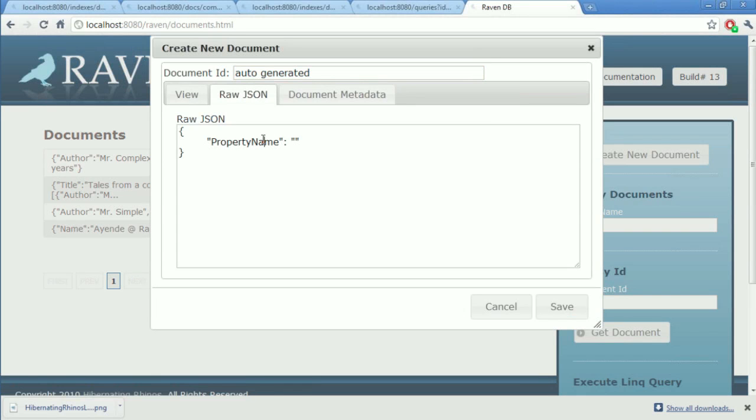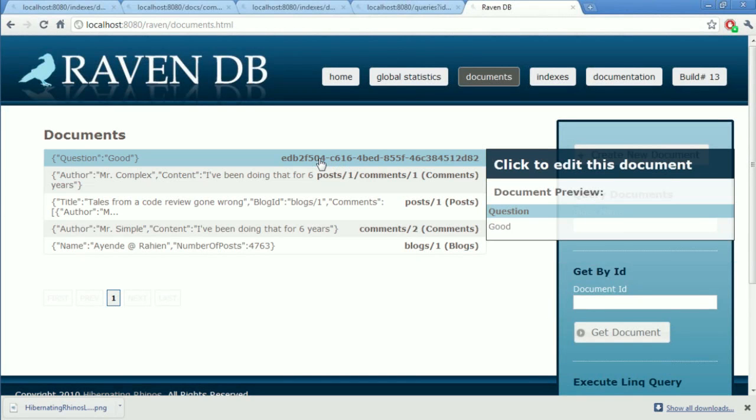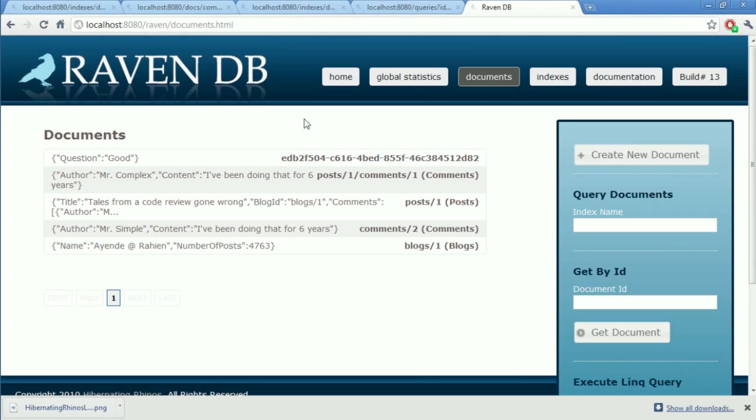So right now we have auto-generated IDs. I'm going to create a new document, and let's see what happens. As you see, we have created a new document, and the document ID is some sort of GUID. I'm going to wait until everyone sees this screen. For the main point, what I want you to think about is what properties of a GUID make it so valuable.